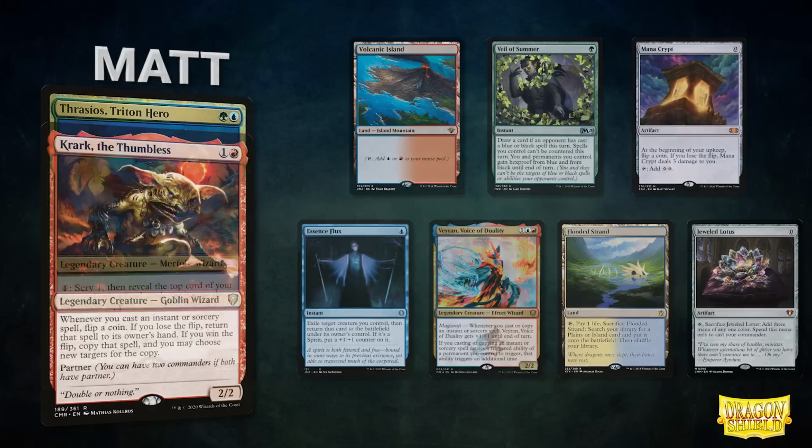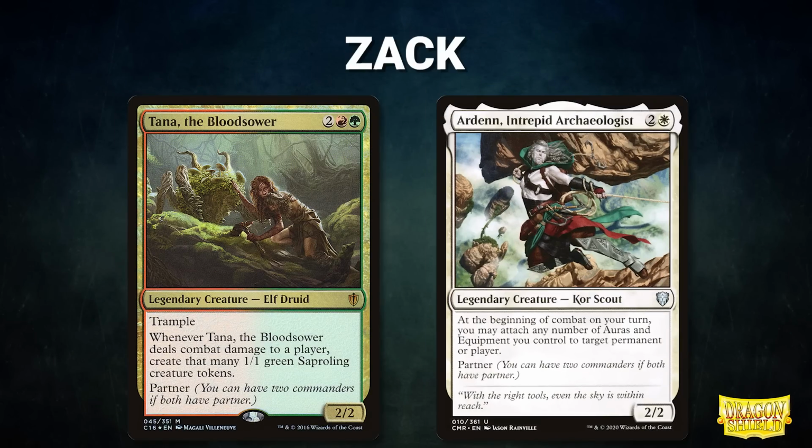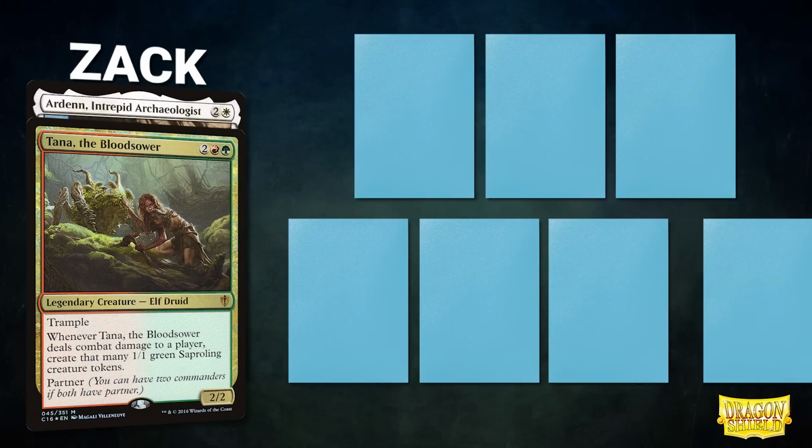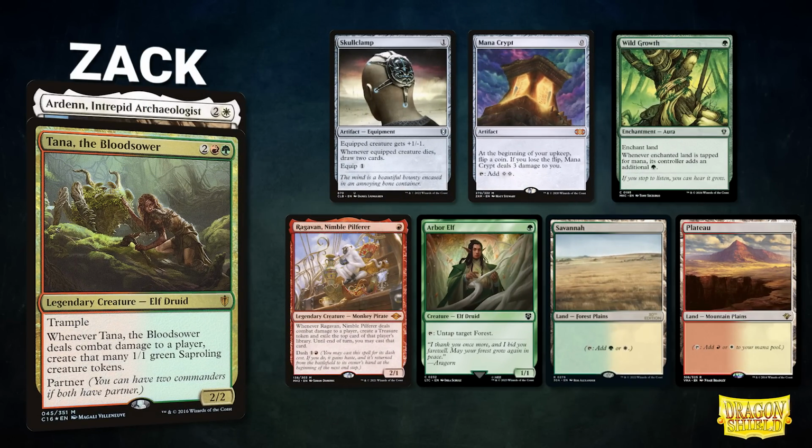and a Jeweled Lotus. After that, we have Playing with Power member Zach, piloting the partner pair of Tana the Bloodsower and Ardenn Intrepid Archaeologist. This deck seeks to slow down the game with stacks, cheat equip costs of equipment through its commander, and eventually win through combat. Zach's opening hand contains a Skull Clamp, Mana Crypt, Wild Growth, Ragavan Nimble Pilfer, Arbor Elf, Savannah,